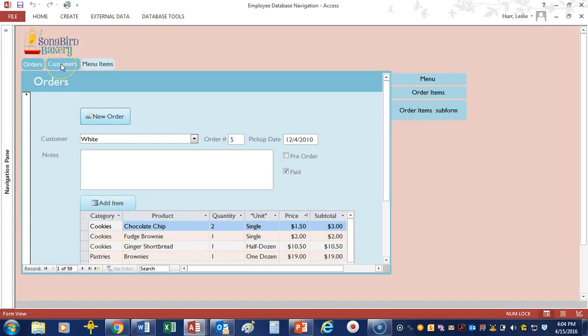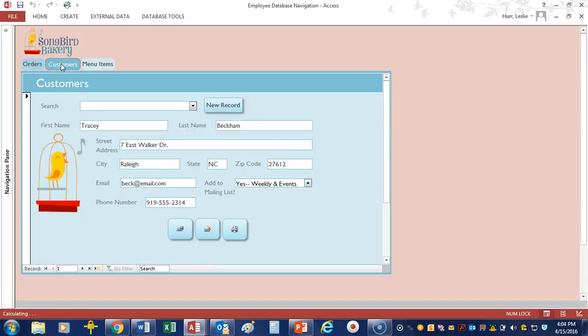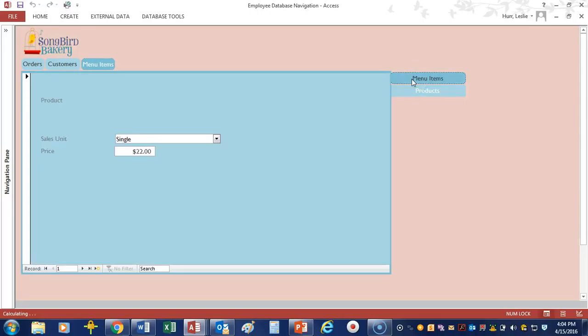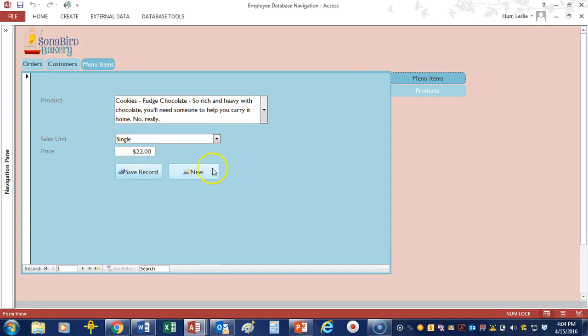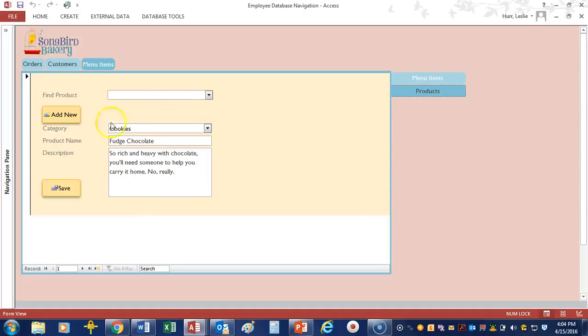And then if I were to click on Customers, it shows a nice form for entering customers. And then here I can click on Menu Items, and it has a second level of tabs, and so I can click on Menu Items and it brings up the form for menu items, and then I can click on Products and it brings up